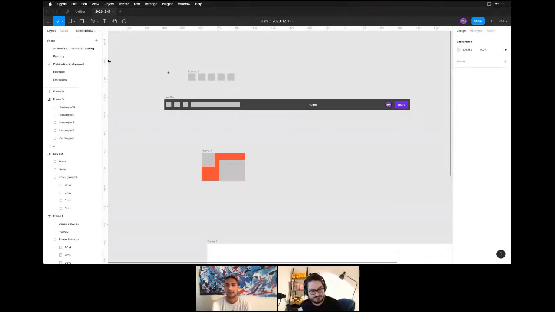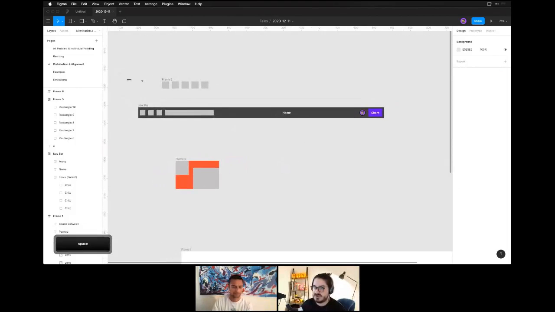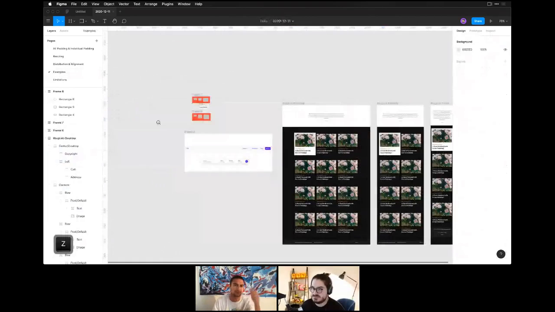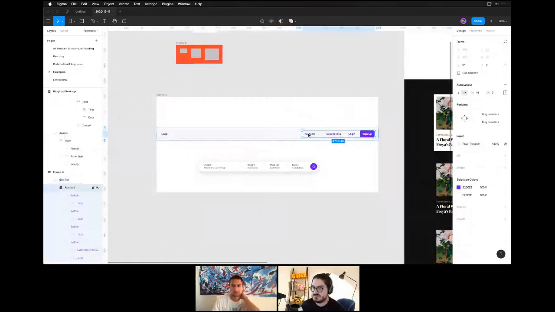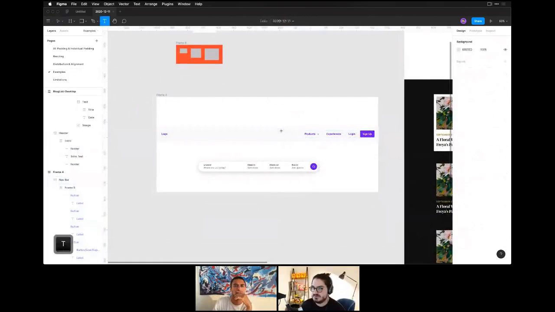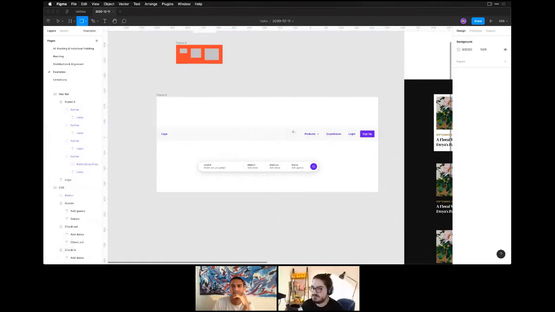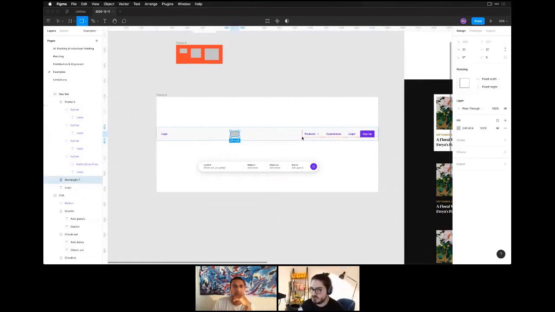Sweet. Kaylee is asking, can you please demo how to add an extra item to an existing auto layout? Something like another button on a navbar, or a different type of ad in a subheader on the flower page. Yeah, for sure. So let's say we have a navbar here, or let's just do this here. I could draw a rectangle, if I press the right button, that is. I could draw a rectangle,